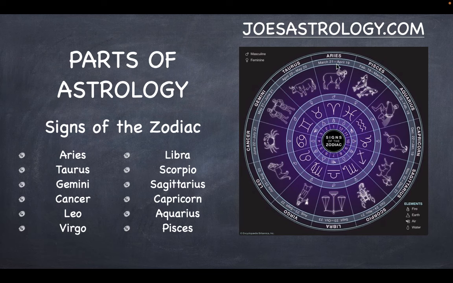Just to give you an example, you can go around for yourself. Aries, the cardinal, Aries. Go to the fourth sign, Cancer, to the seventh sign, Libra, and to the 10th, Capricorn. Those are the cardinal. And the triplicities are the air signs: Aquarius, Gemini, Libra. Fire signs: Aries, Leo, Sagittarius. Earth signs, and so on, water signs.